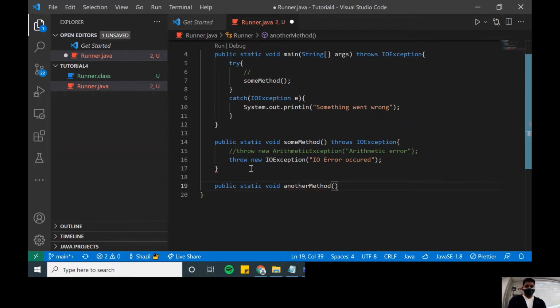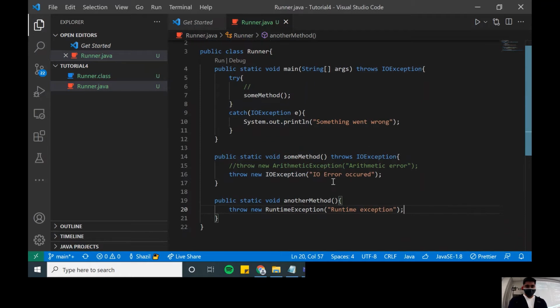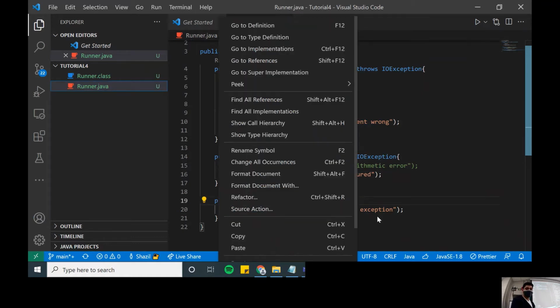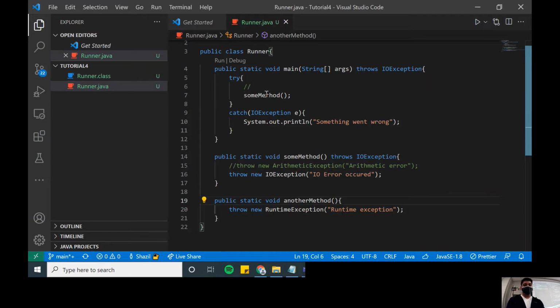And this one is going to throw an unchecked exception instead of a checked exception. Let's do throw new RuntimeException. Again, it doesn't complain that we didn't handle this. That's the difference between those two. And you can use this approach to handle these errors as well, right? By default, it's not going to complain about runtime exceptions, but you can use this approach to handle those